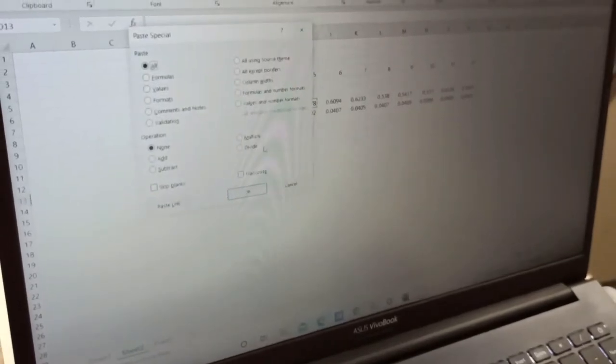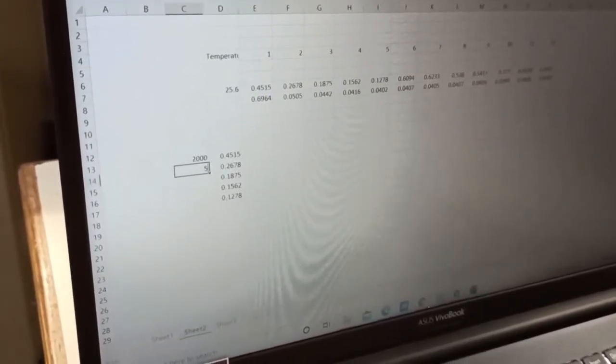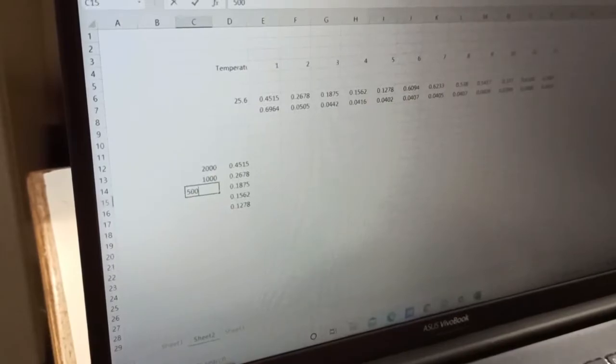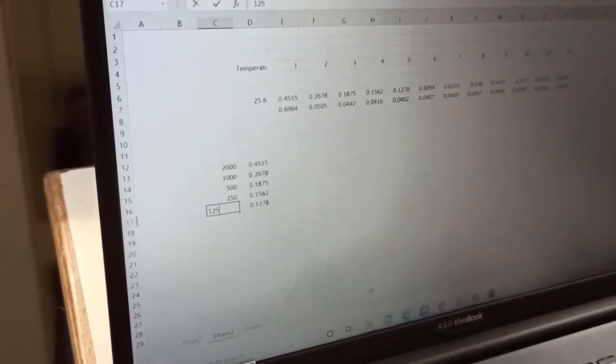First 5 are standards, so select transpose. Write your concentration. Take the blank.